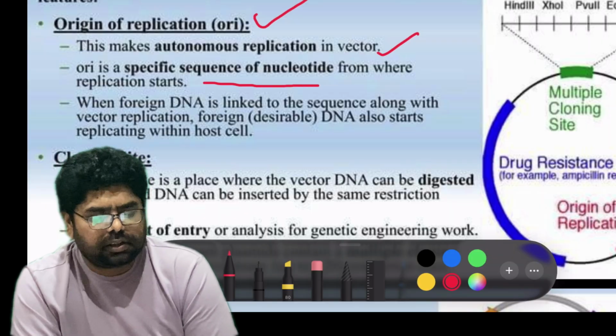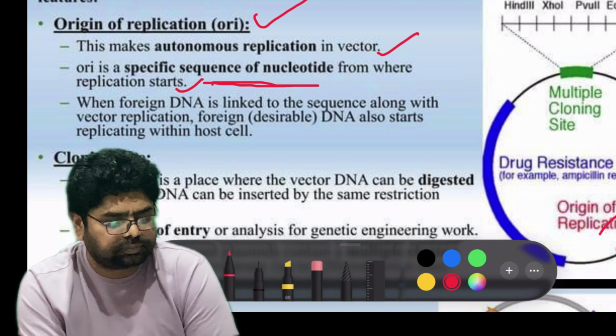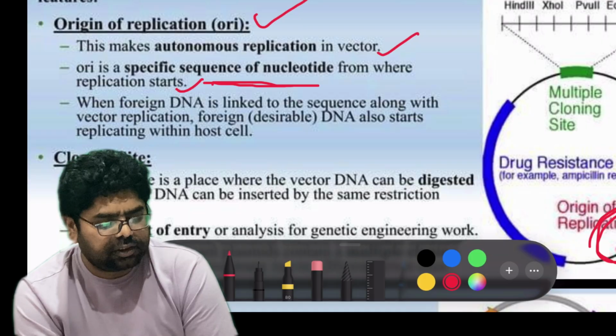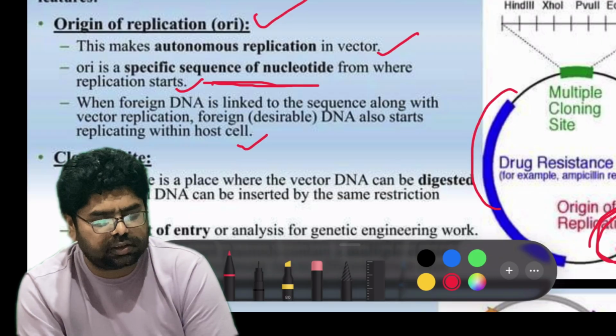So the replication mainly starts from this origin of replication in the plasmid vector. When foreign DNA is linked to the vector, the foreign desirable DNA also starts replicating with the host. So when you clone your gene of interest, it will also start replicating with this origin of